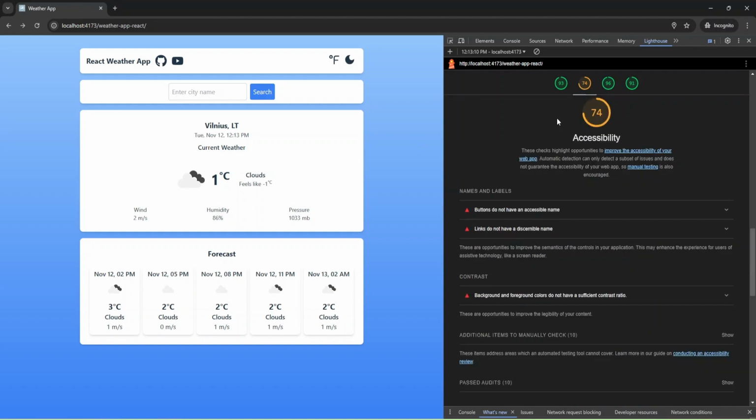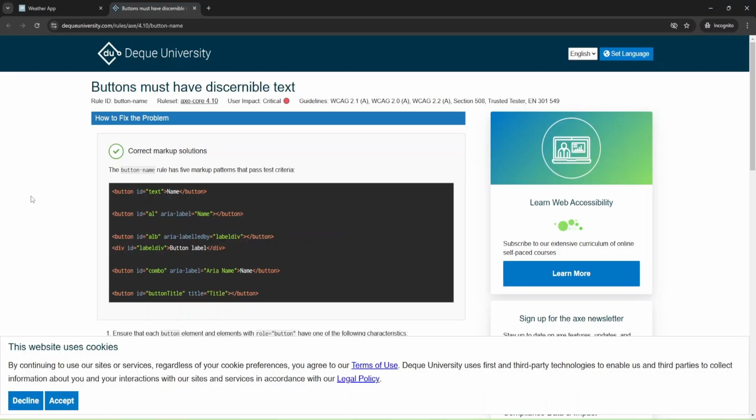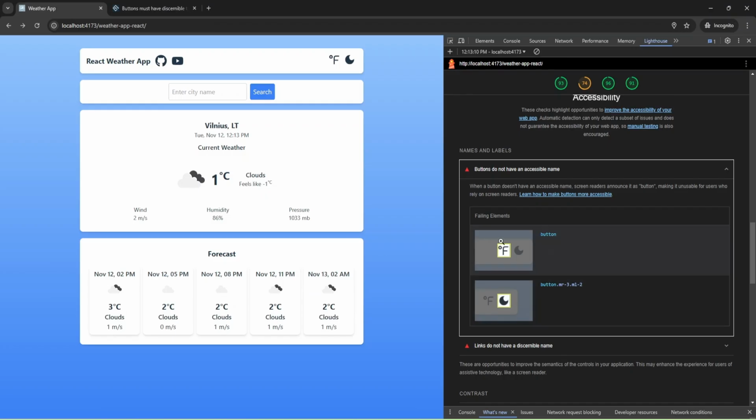Let's check what errors I have for accessibility, and as you can see, I can learn about my errors. We have this error, and I need to provide an aria-label or title, and let's check what buttons. One button is for Fahrenheit and the second is for units.